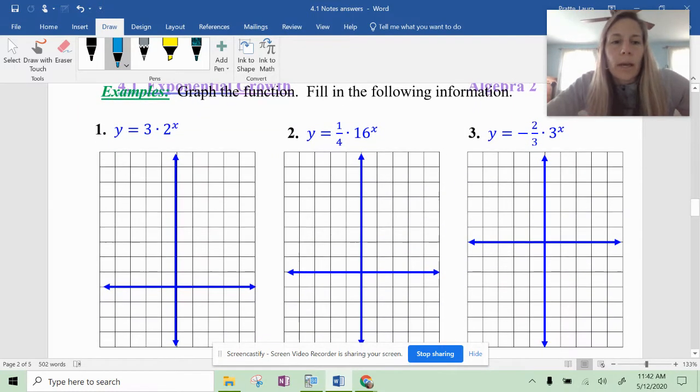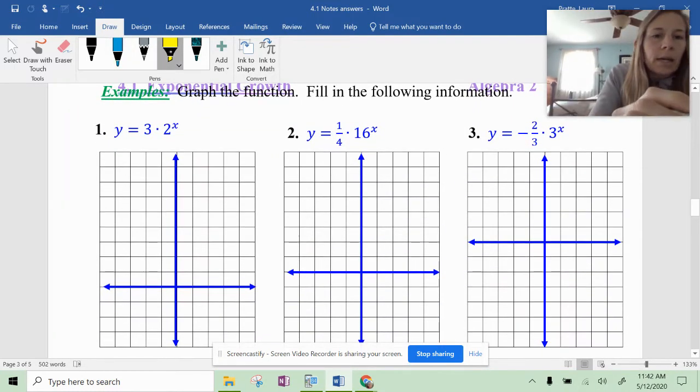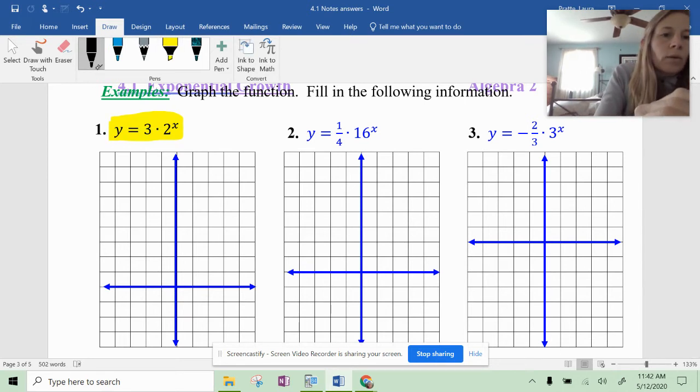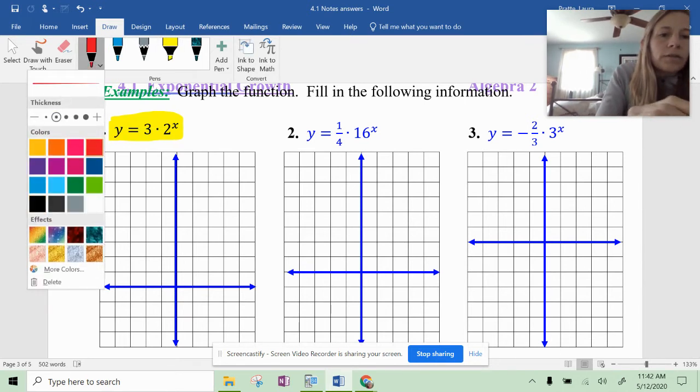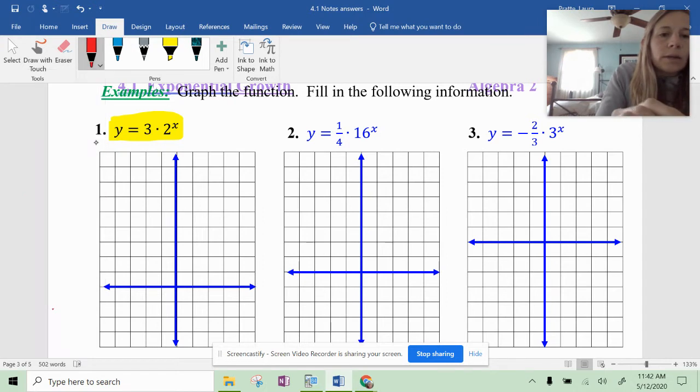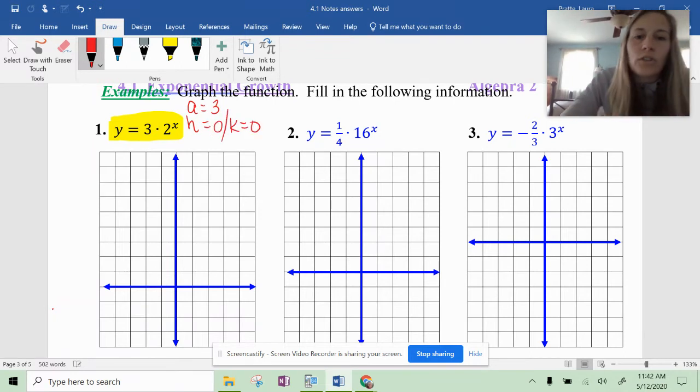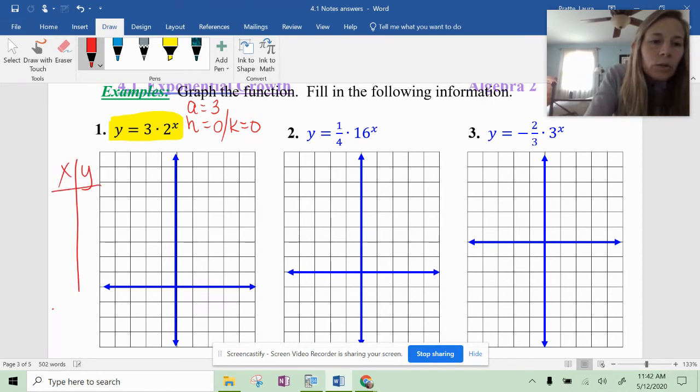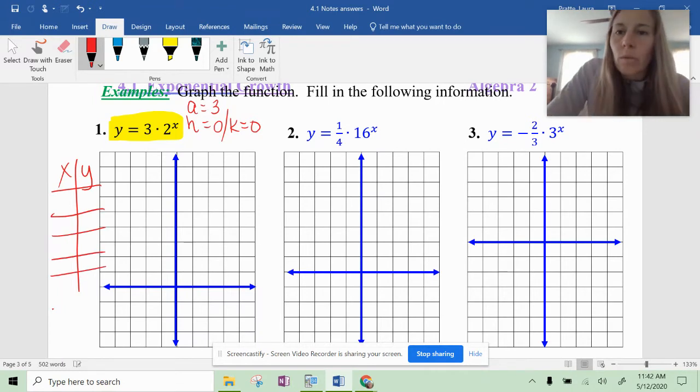Okay, so looking at these first couple. Now this one's a nice parent function formation, so I don't have to worry about doing a parent function and shifting it. So I'm going to just go right to identifying my A, which is 3, and my H and my K are both zeros in this problem. So we're not going to have to shift anything. So I'm just going to go ahead and get my table of values, and it's quicker for me to just do it like this versus flipping back and forth, but you're more than welcome to use your calculator